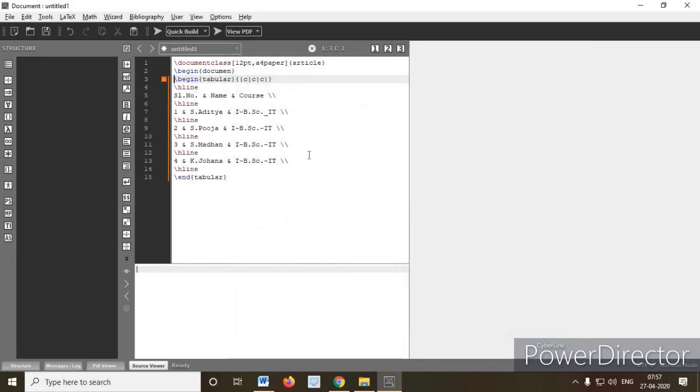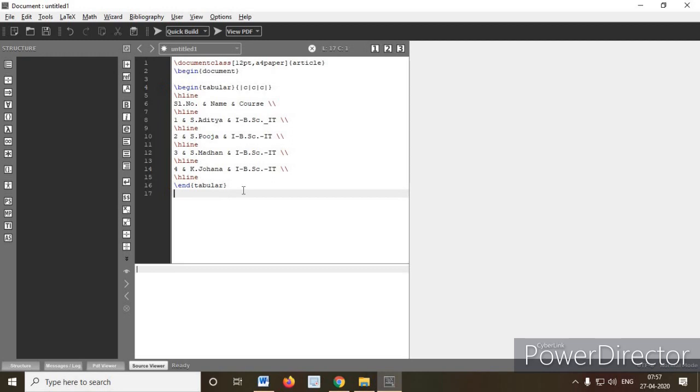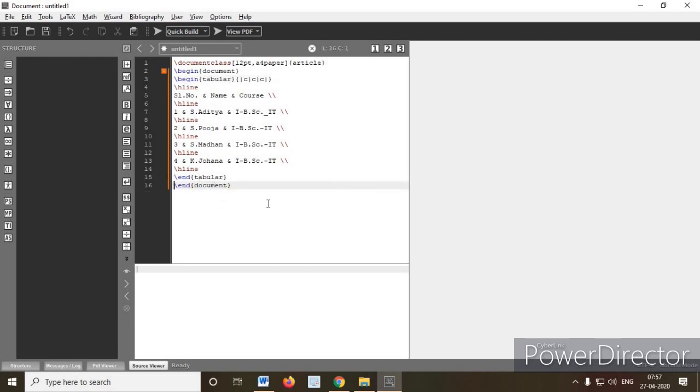you can find the table has been inserted here. See here, after this begin document, there is an end document. Okay, now press here, there is a spelling mistake in the document, and now I am correcting it. Now here you can find the table heading, name and course. There is the first column, second column and third column, and the respective rows are presented. If you want to type manually, you can type manually by using a dollar symbol like that.